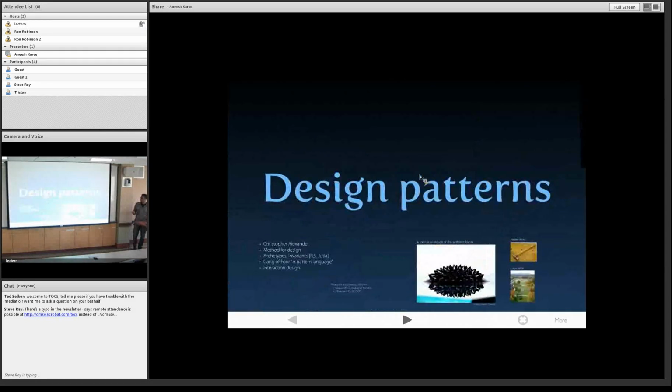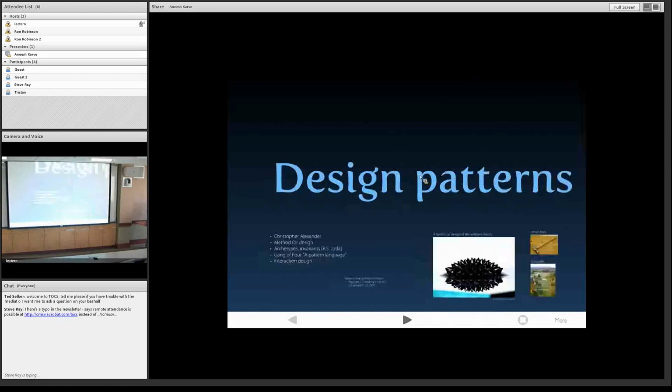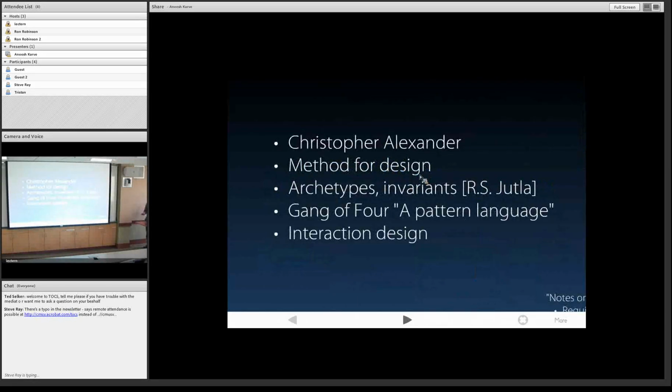So back to the first section here on design patterns. This was a movement that was started by Christopher Alexander, and he wrote a book by the name of A Pattern Language. And what he was really trying to do was to codify the elements of good design. He was actually talking about architecture in his time. And what he noticed is that there were certain archetypal patterns, certain invariants that occurred over and over again. And how many people in here are familiar with the Gang of Four patterns book? Okay, so if you read the introduction to the Gang of Four, they actually give a nod to Christopher Alexander. And he really got them to think in a methodical way about what kinds of reusable patterns there are in the design world.